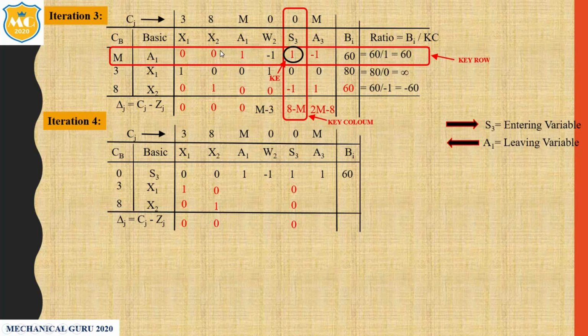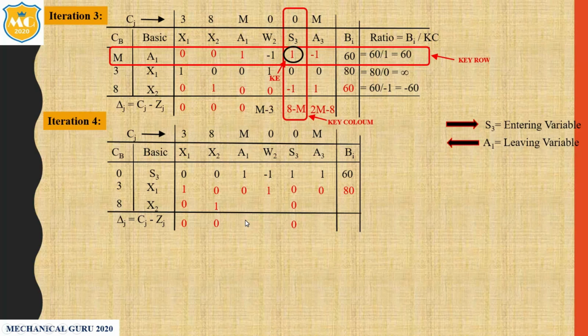Next, in the key row there are 2 zeros, but already we have written down. Now in the key column we have to find out 0, so here this is the 0. So this key row value we have to write down as it is. So already we get the 3 values, so the remaining we have to write down. In the key row, no other 0, here 2 zeros, but already we have written down. Next we have to find out that equation, the new element. Okay, so this is our new element.